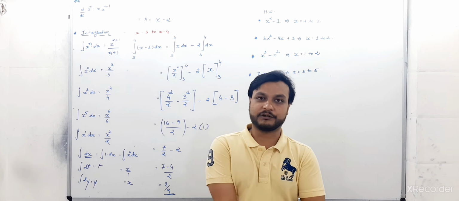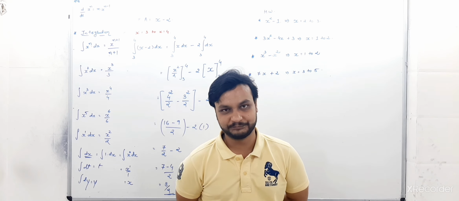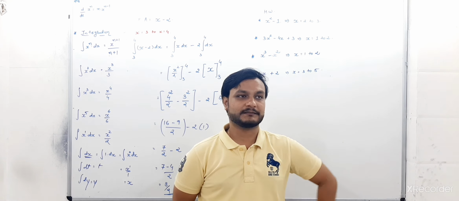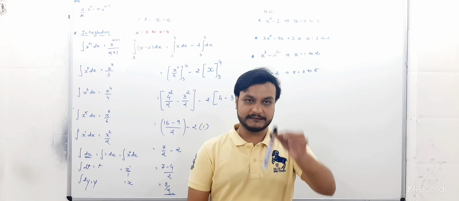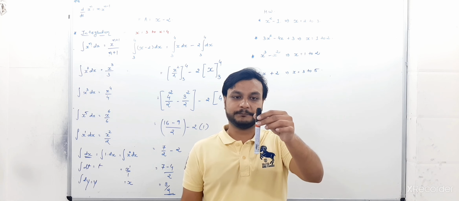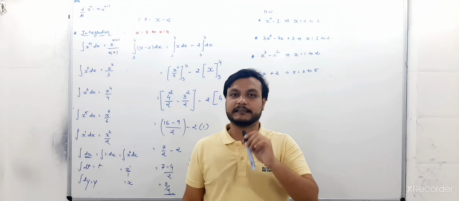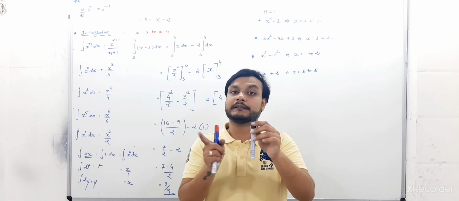We will start from chapter number 2. Okay? It's about units and measurements. That means suppose this is a pen. So how much is the length of this pen? Suppose we consider the length of this pen to be 15 centimeter. So centimeter is a unit.